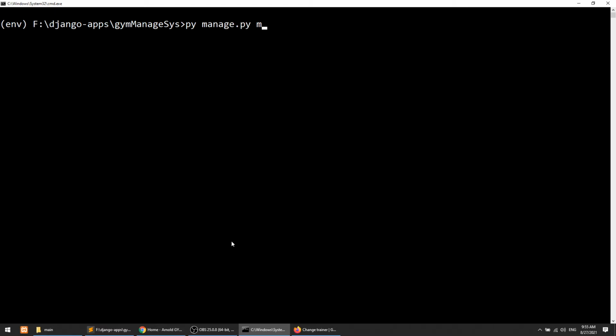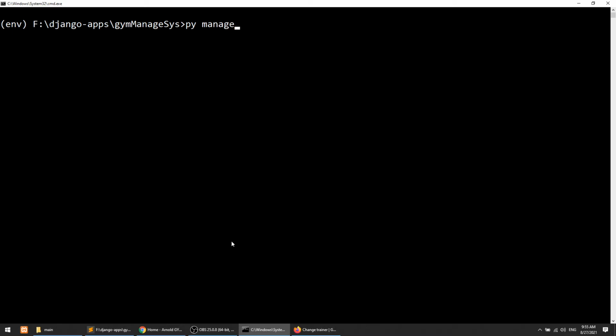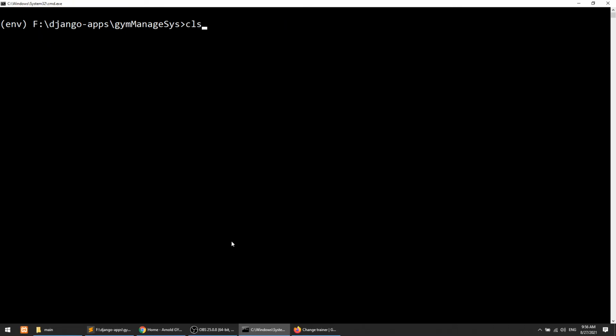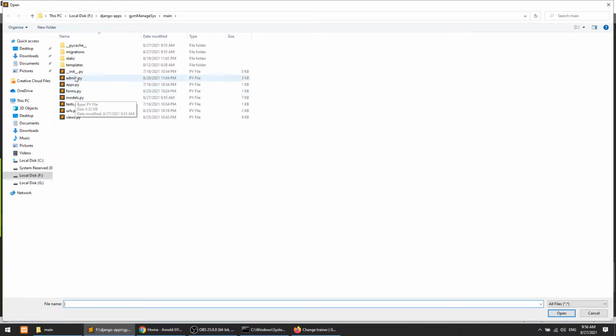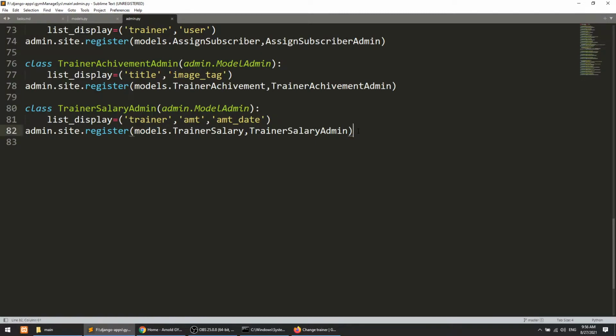python manage.py makemigrations, and python manage.py migrate. Now we will run the server again. Before running the server, let's open the admin.py file and add the trainer notification in the admin panel.